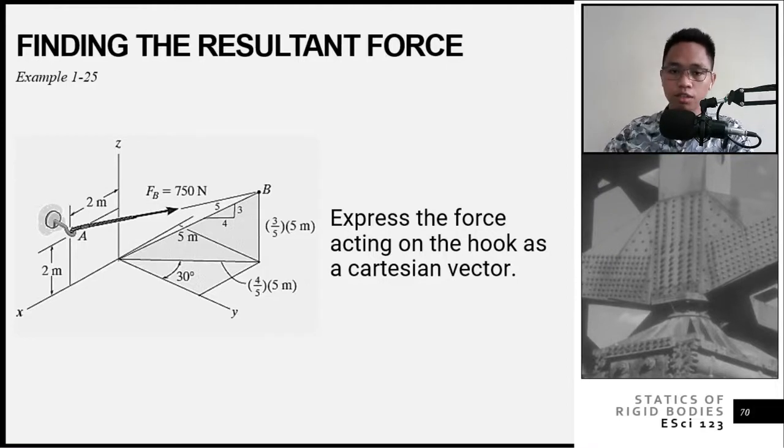So let's continue our discussion with example number 25. Express the force acting on the hook as a Cartesian vector. In this case, we don't really have direct coordinates for B. What is given are slopes and angles. So we need to solve for the coordinates of B and also for A. So without further ado, let's solve